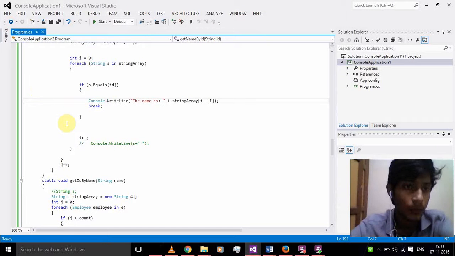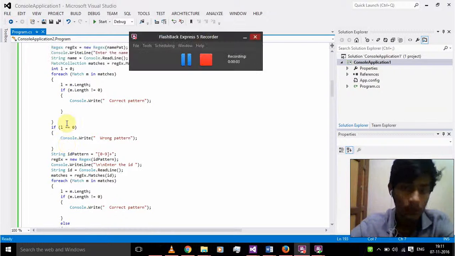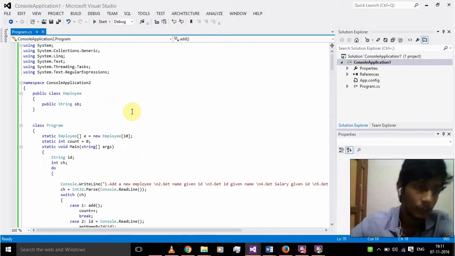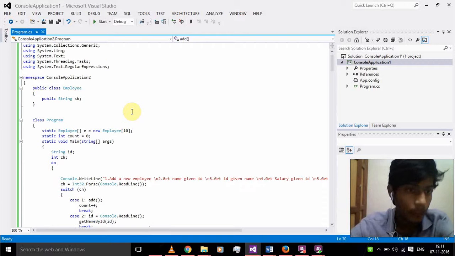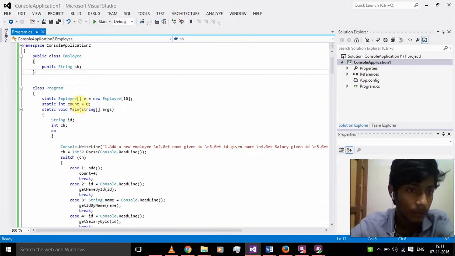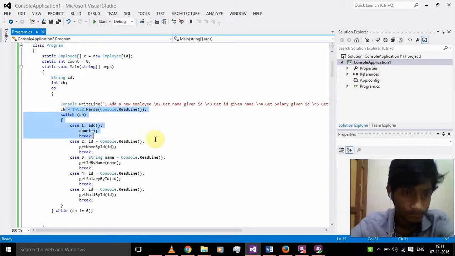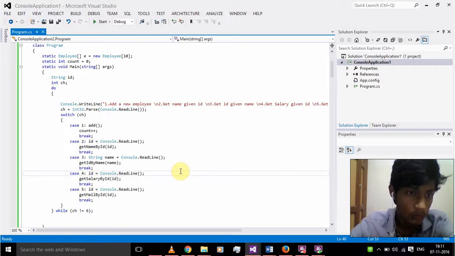Hi, today I'm going to explain the concept of employee information entry systems using string methods and regular expressions. So today here I have the code of an employee information entry system, where I've created an employee class, and in the main method I have a menu which is done using a do while loop with a switch